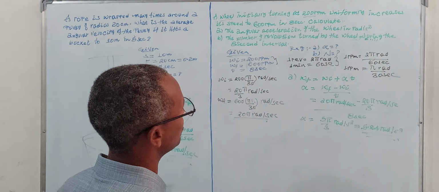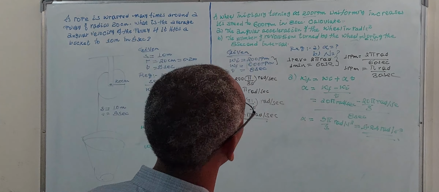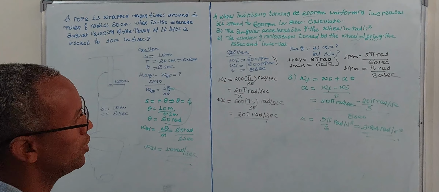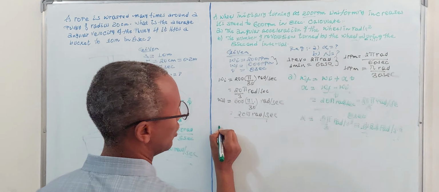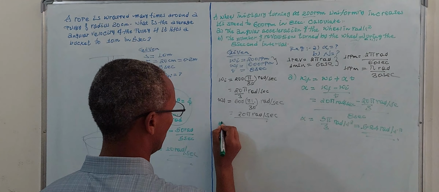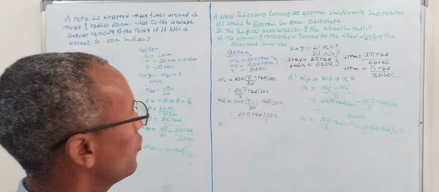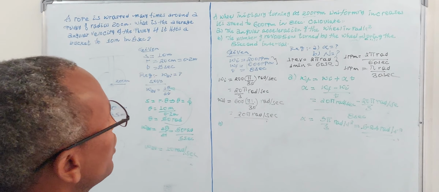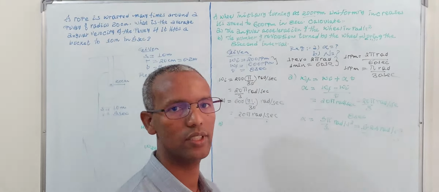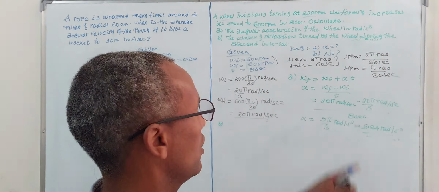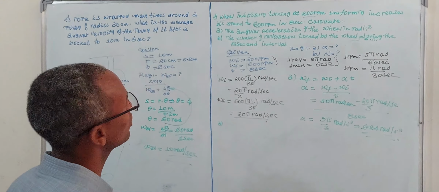So let's proceed with question B. Question B is about the number of revolutions, right? To find the number of revolutions, you need to understand the displacement, or like I said, the basic kinematics equation. So the displacement